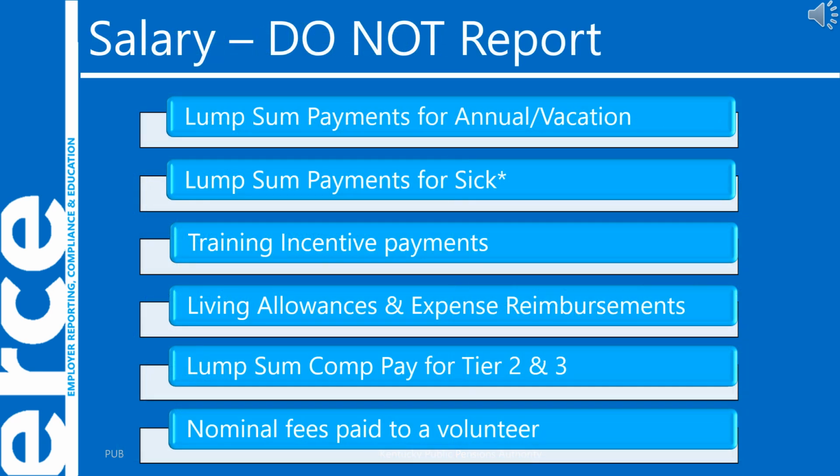We have covered what payments should be reported to KPPA. Now let's discuss the payments which, according to statute, should not be reported to KPPA. Those payments include lump sum payments for accrued annual or vacation time, lump sum payments for accrued sick leave if the agency does not participate in the alternate sick leave program, training incentive payments for elected city officers, living allowance or expense reimbursements, lump sum compensatory time payment for Tier 2 and 3 employees, and nominal fees paid to a